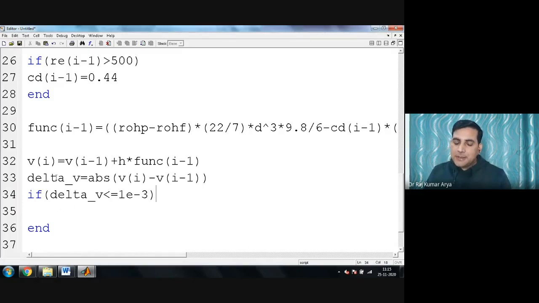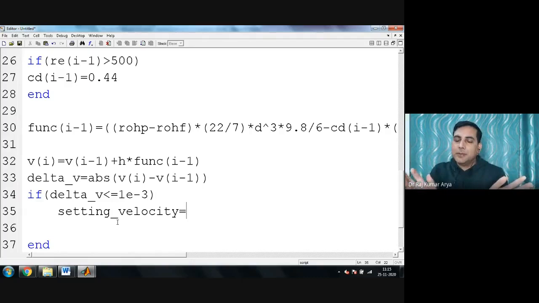Yes, sir. So if this happens, then I can write a command here, that settling velocity, I can give a velocity here. Good thing in MATLAB, you can type whatever you want. So settling velocity, I'm just writing here this, let's say VI, and I will put a break command here.